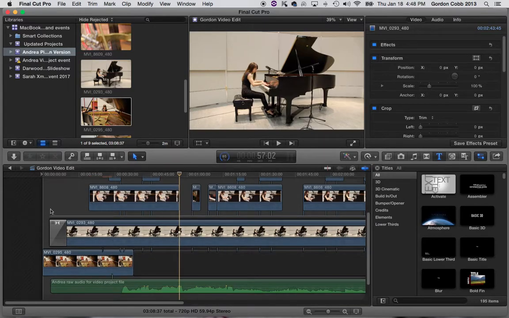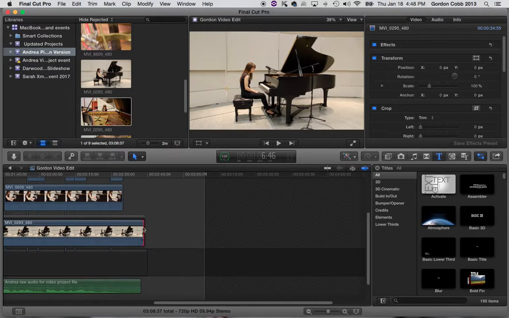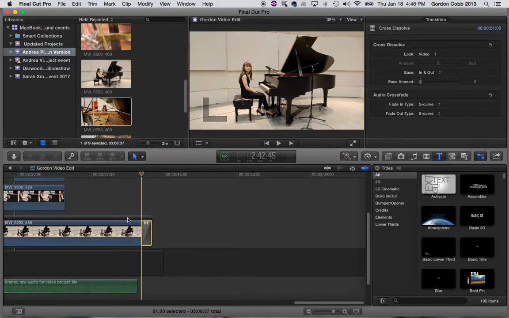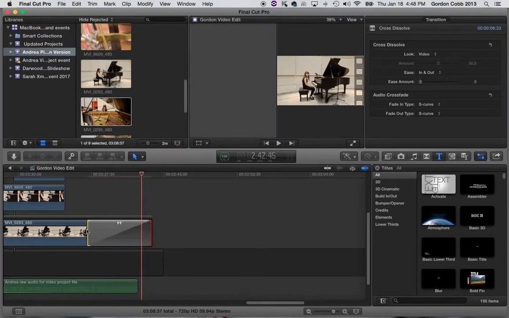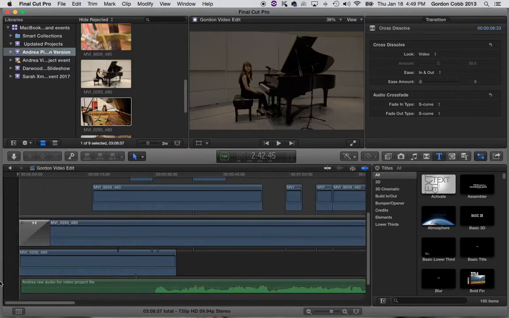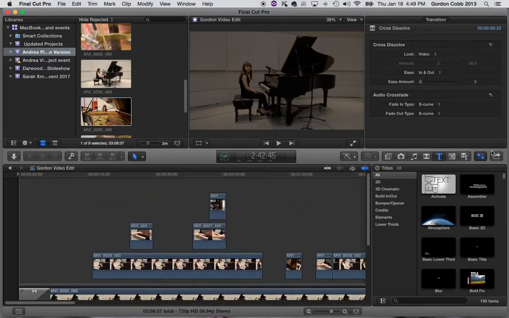Now, I have added, let's get rid of this. We've added in our fade, and you can do the same to the end. You can add a fade out. It's the same thing. It's a Command T, and we can make this a little longer. We're going to zoom in. Just grab the end, drag it out. Perfect. Okay, so now if we go back to the beginning, we want to add some titles or a lower third,